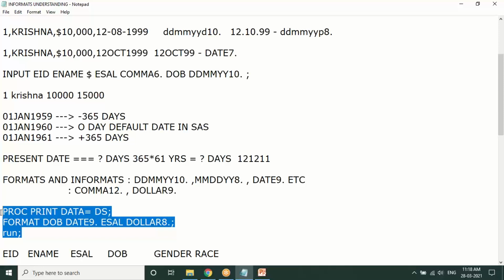At the time of reading from different sources, SAS reads and converts the data, and after it is converted, it displays in the format we want. That is what we call format and informat. Informat makes SAS understand the data. Format makes SAS represent the output the way the user wants it displayed. That is the concept of formats and informats.